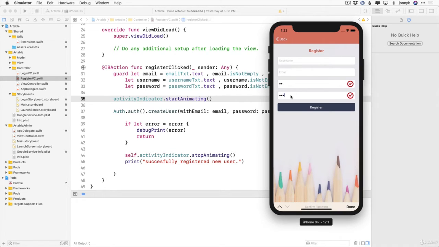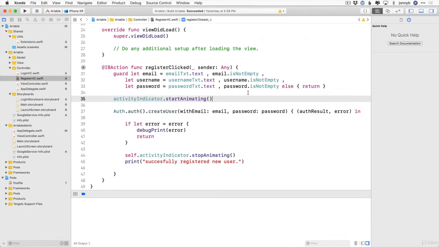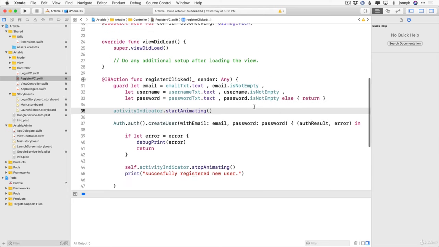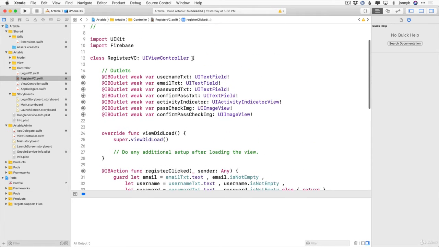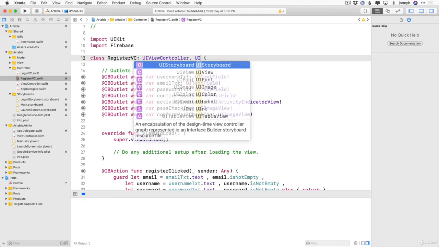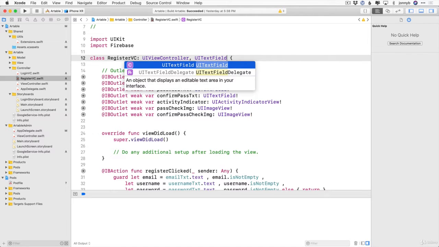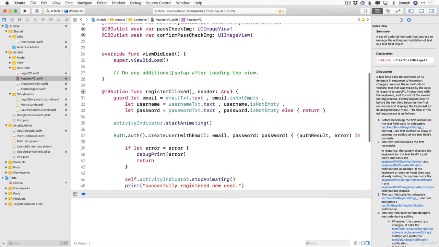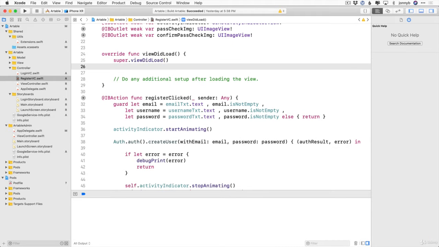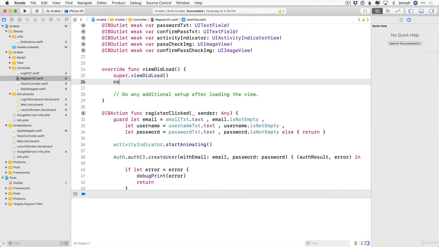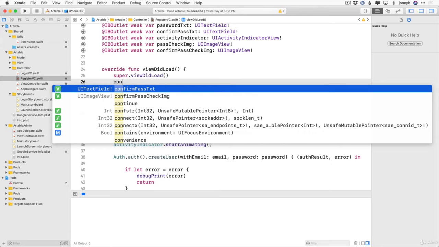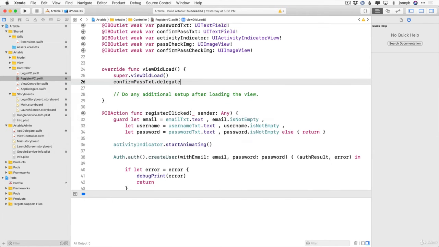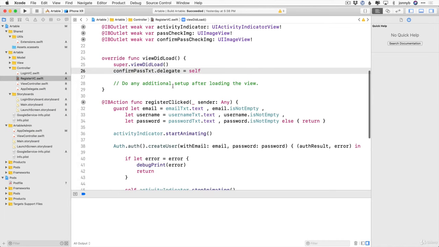So we need to know anytime either of these text fields change so that we can write code accordingly, okay? So you may think we could probably do this with a text field delegate. And you're close. So let me show you. So if we add UITextFieldDelegate, and we were to set that delegate for each of our text fields, say if I do the confirmPassText.delegate is equal to self, we have some methods available